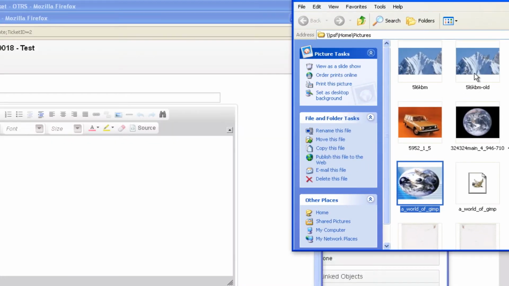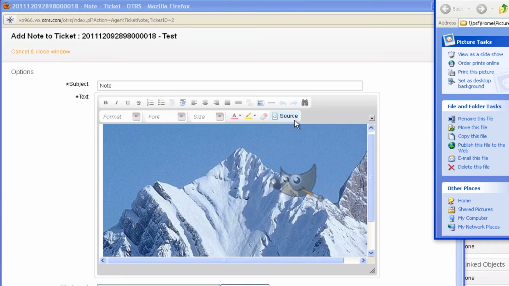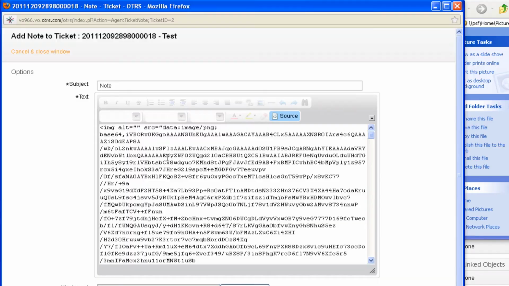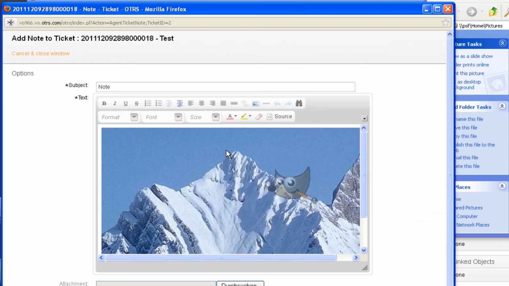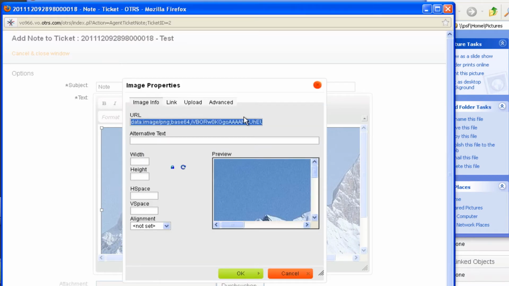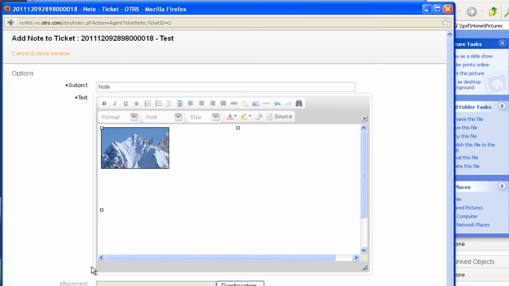Now here I've got a couple of pictures. I just want to take the picture and drag and drop it, and it's going to be automatically added to the article. If I look at the source, I'm going to see it's a base 64 encoded image. Once I've dropped the picture in the editor, I can then use the image dialog to modify height and width, for example, or set the settings for the alignment. Then I can click Submit,